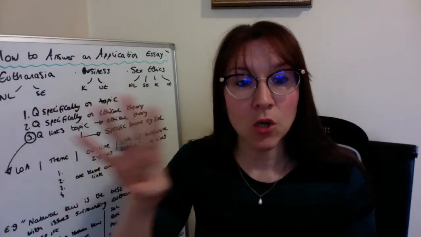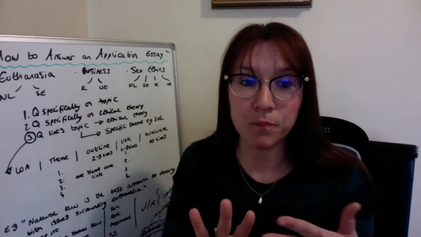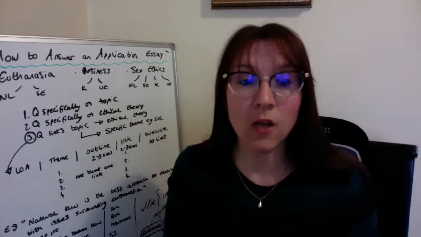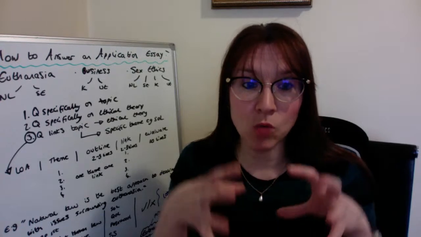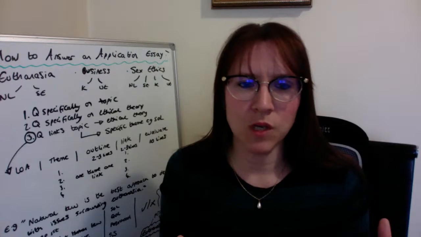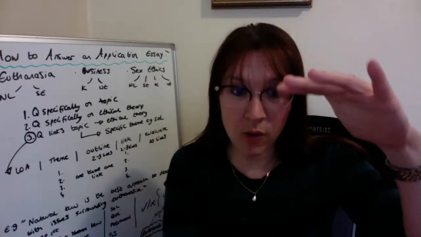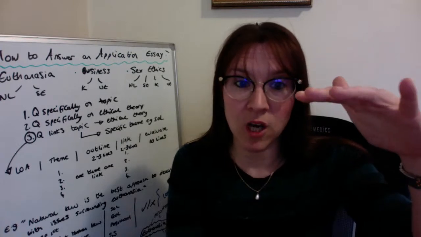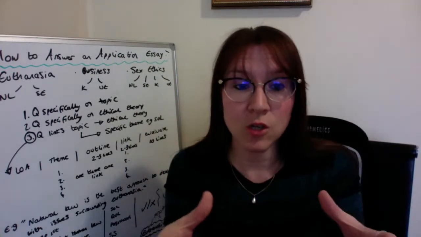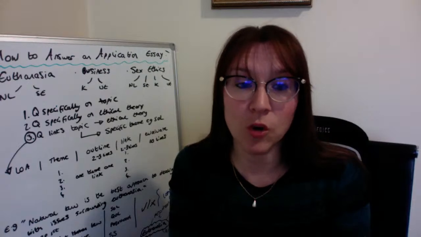You then need to go to your themes. You've picked your 4 themes for that topic. A theme, by the way, is just how are you going to cover that topic in your essay. So a theme is what you stick with in that paragraph. So I know as a reader, if I start to read a paragraph at the beginning, it talks about doctrine of double effect, I would think, well, this paragraph is going to be on doctrine of double effect, not apparent and real, synderesis, primary precepts. No, this is the doctrine of double effect. So when I talk about themes, I mean that is what that paragraph is going to be about